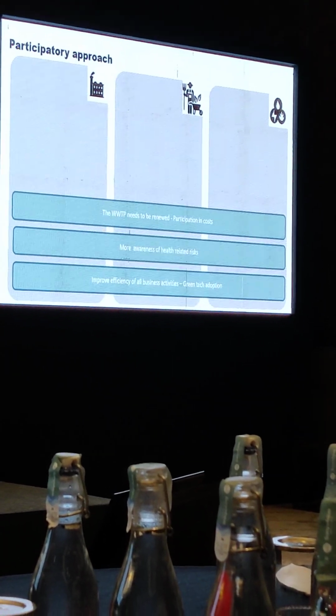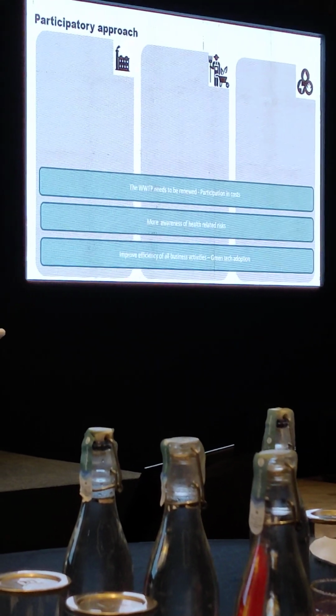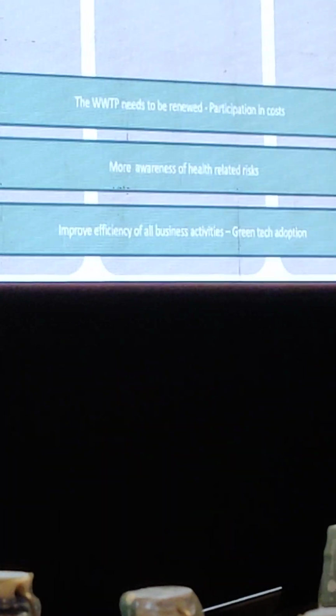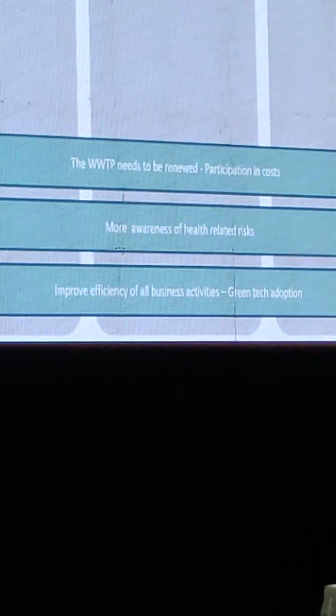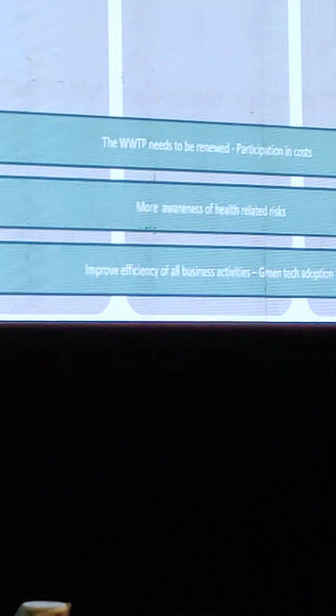And what was it? If I have to very briefly summarize it, I would say that everybody knows that those wastewater treatment plants do not work properly, but the utilities ask for participation in cost. And the farmers and the tanneries do not want to pay. They do not have that much money, because they say the water is not good enough, but also because their business activities are very limited in profitability. So a solution would be to have green technology adoption in their activities so that they could actually pay a bit more. On the other side, what was very clear was that there should be more awareness of the health risk of the common practices that are used now.